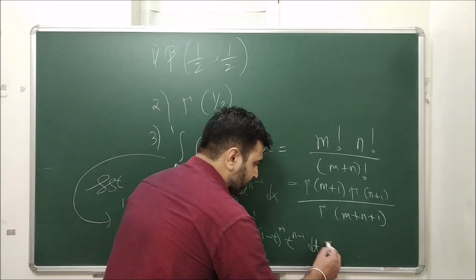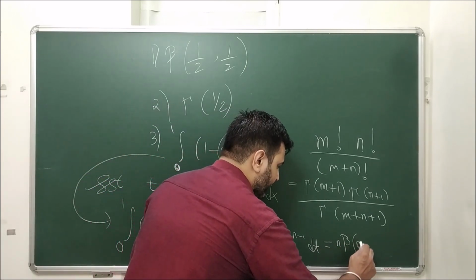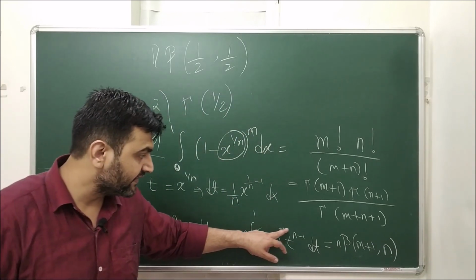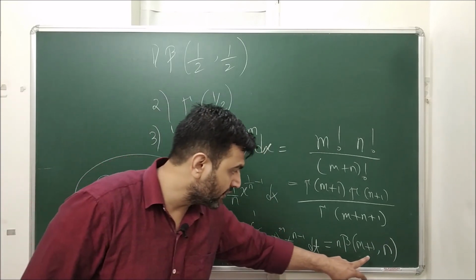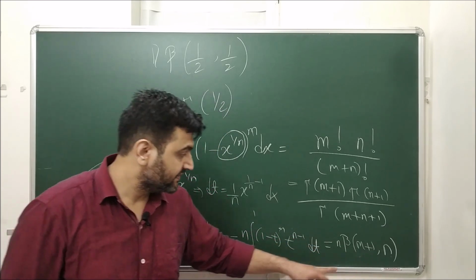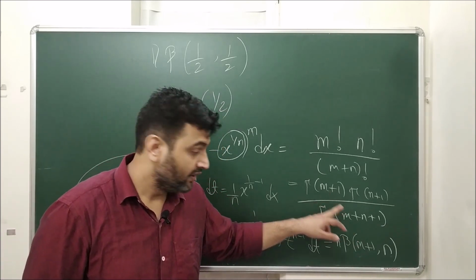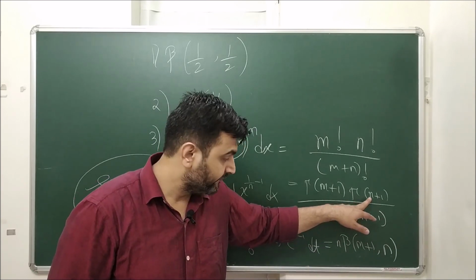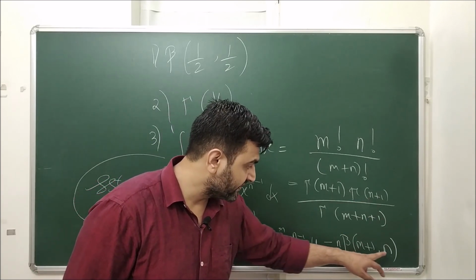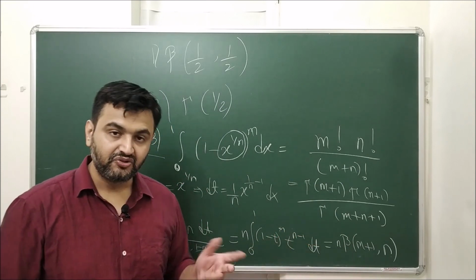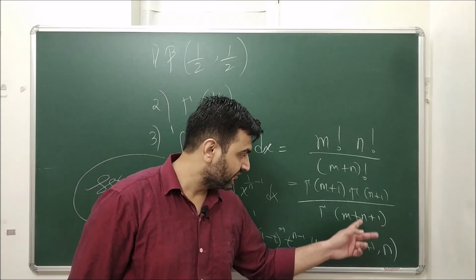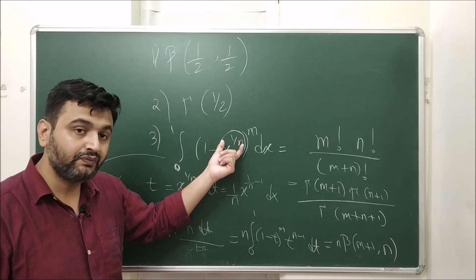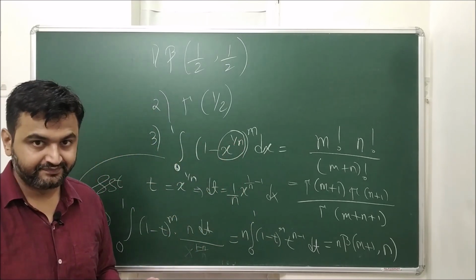Okay, and now this is nothing but n into beta of m plus 1 comma n, because it is m minus 1, but you have only m, so therefore beta of m plus n. Now what is this? This is gamma of m plus 1, this is gamma of n, but n into gamma n is gamma n plus 1 divided by gamma of m plus n plus 1. So using that relation of beta and gamma function, you get the answer. So that's how one should think. You had this x raised to 1 by n, so you put that as your t.